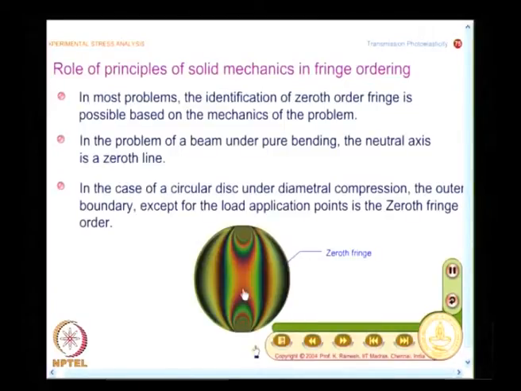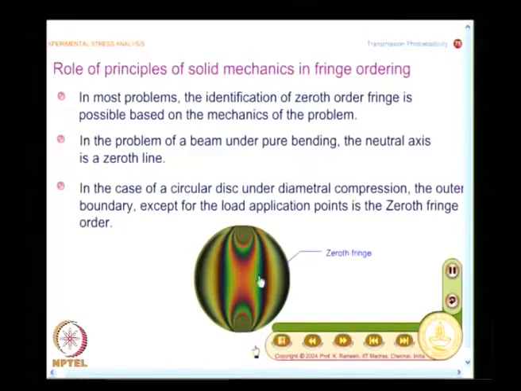So, these turned out to be very simple problems for fringe ordering, very simple. Beam under bending and circular disc are the simplest problems you can think of, where I have multiple fringes and I can also label them one after another comfortably. So, I have this as 0, 1, 2, 3 and so on, and this is your saddle point, because fringes increase in this direction, fringes increase in this direction, fringes decrease in this direction and fringes decrease in this direction. So, this is also like an indirect check.